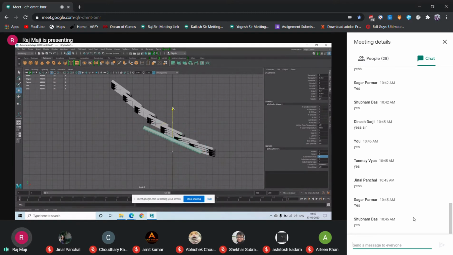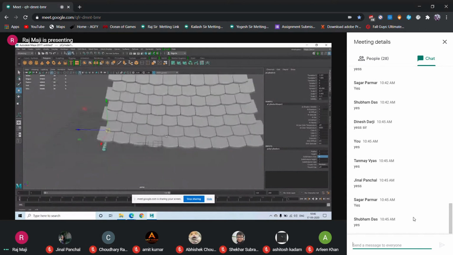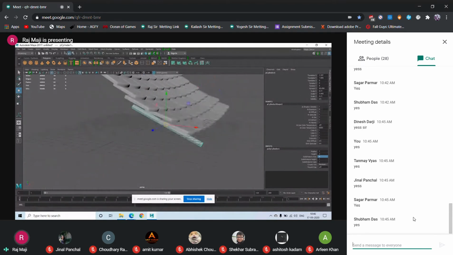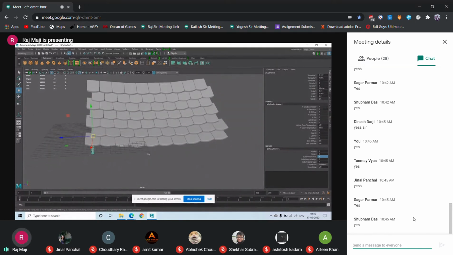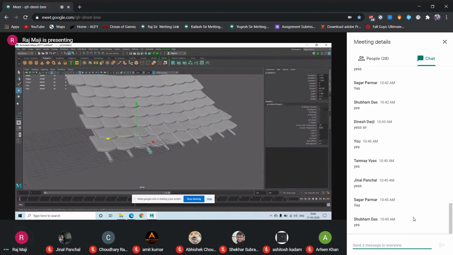Entirely, this will not be visible, but a little bit. You don't have to show the entire bamboo, but a little bit from here and there. It can be visible. Now over here, I have kept the distance the same.